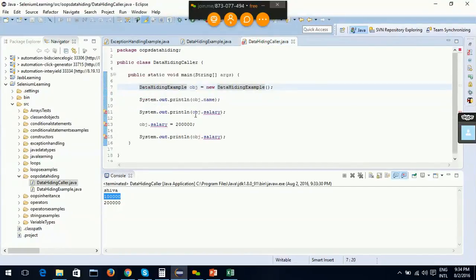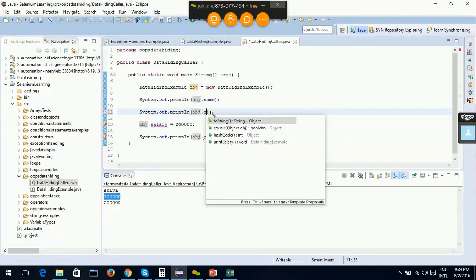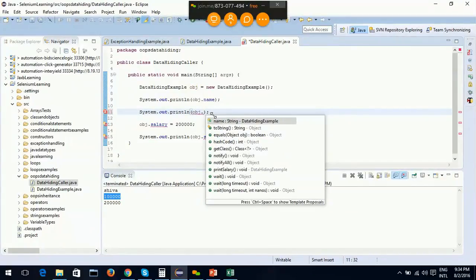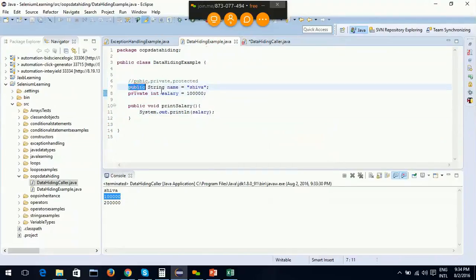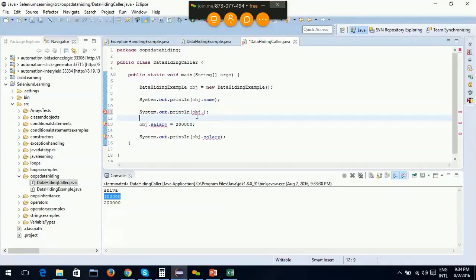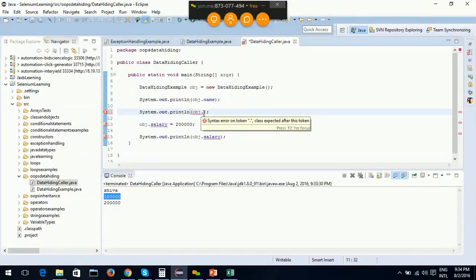See, now it's throwing an error because using this object, we are not getting that salary variable. We are only getting the name variable because name is public, but salary is not public, salary is private. Okay, so what we are doing here, basically, we are hiding data. Okay, so this concept of hiding data,